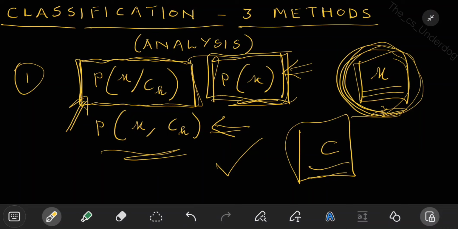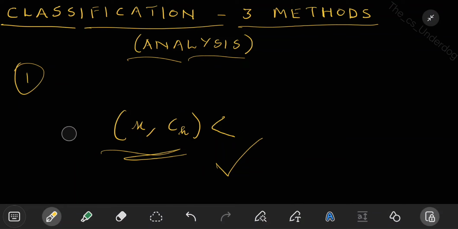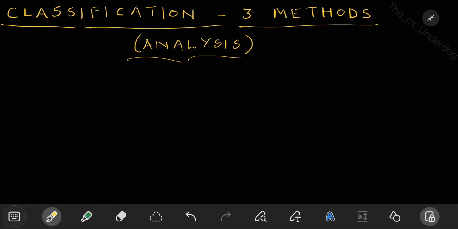So if there is any reason why you need this joint distribution, or you want to find the marginal density, then only you choose this model, because then you don't just do the classification, you will get these advantages as well. Second thing, this is what I would say you can always use for classification, because this has some good